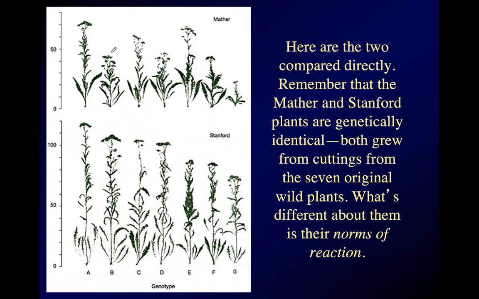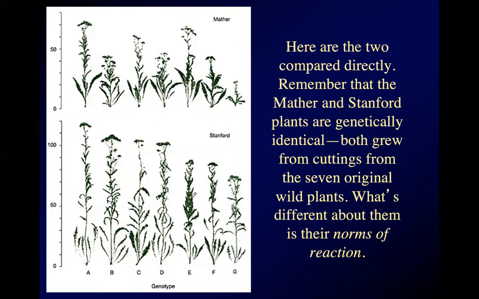Up at Mather, B did not do very well, and E came in second place. A managed to win both, but E did a lot better at high altitude. It didn't do quite so well comparatively at lower altitude. C came in third up here. You can see B and D didn't do very well, but B and D both got very tall down at